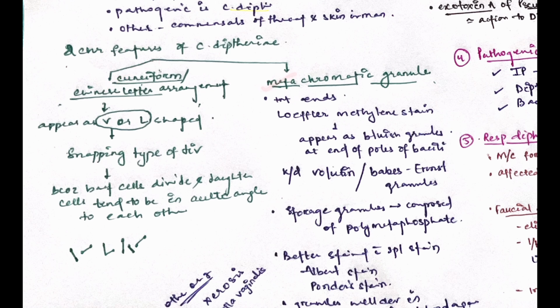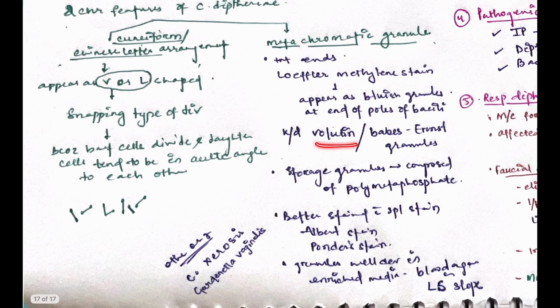Next comes the metachromatic granules. What does that mean? When we add Loeffler's methylene blue stain, they appear as bluish granules at the poles of the bacilli. We call these volutin or Babes-Ernst granules. These metachromatic granules are storage granules composed of polymetaphosphate. Though we stain them with Loeffler's methylene blue, they are better stained with Albert stain and